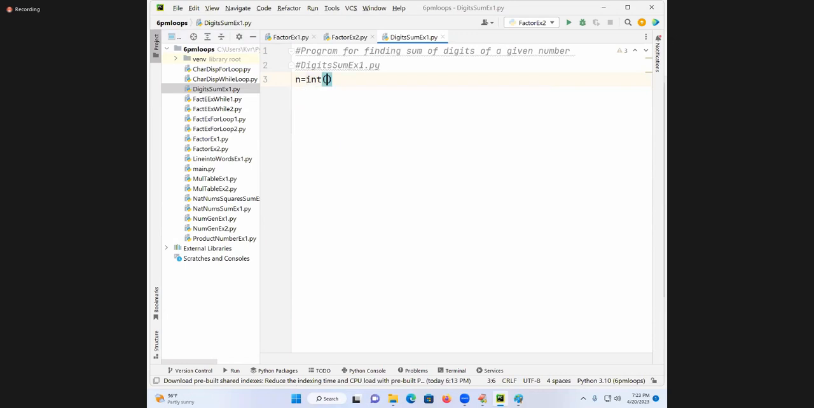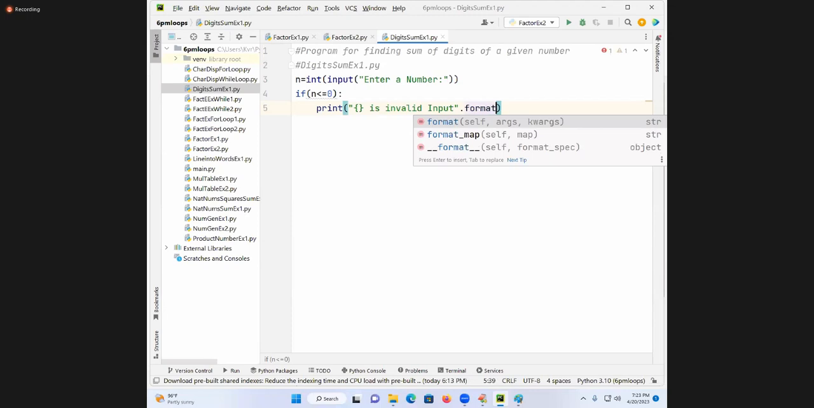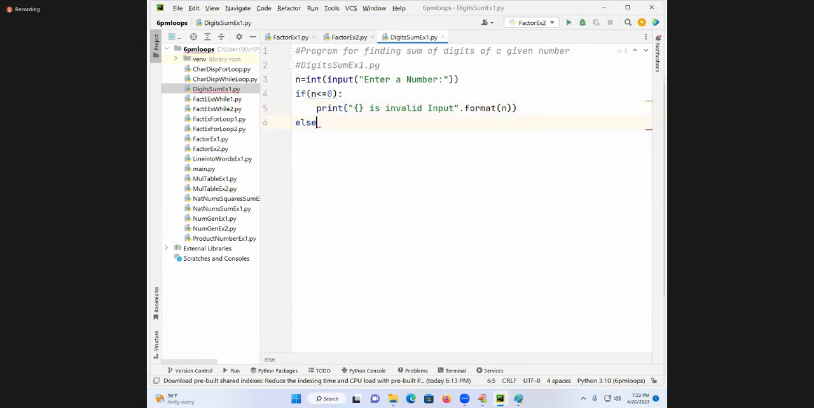N is equal to input of 'Enter a number'. Tell me, what should I do? If n less than or equal to 0, immediately print 'Invalid input', dot format of n. Else, S is equal to 0. While n greater than 0: